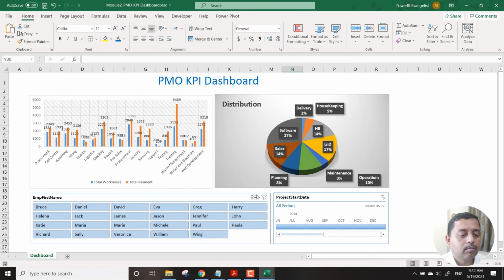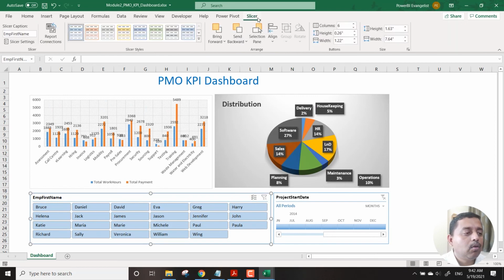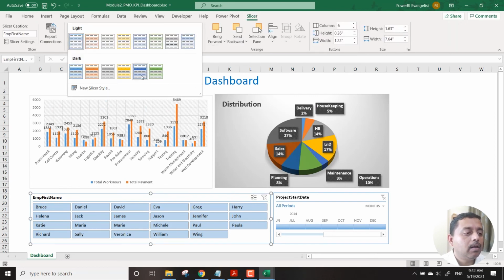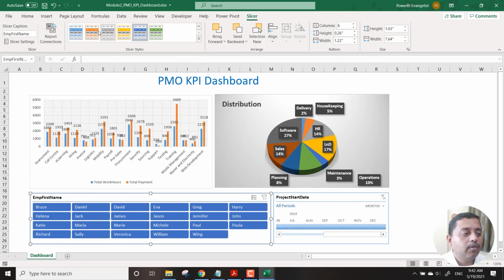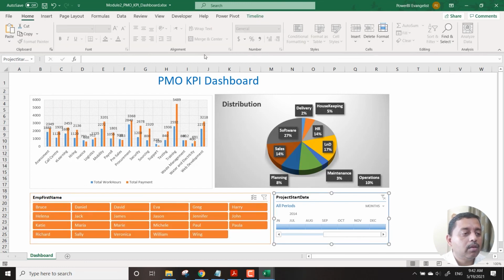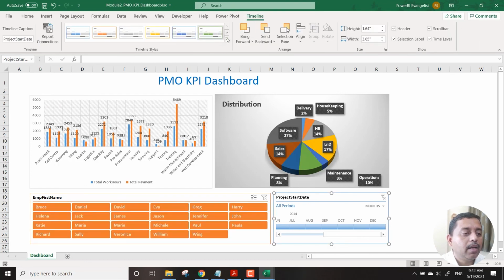Right. If you want, you can go to slicers and then you can take a different color altogether, a timeline, and bring it something like this.